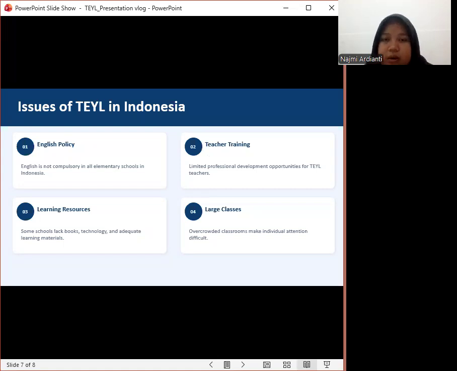The third is some schools have limited learning resources such as books, technology, and teaching materials. And finally is large class size, because large class size makes it difficult for teachers to give individual attention to every student.